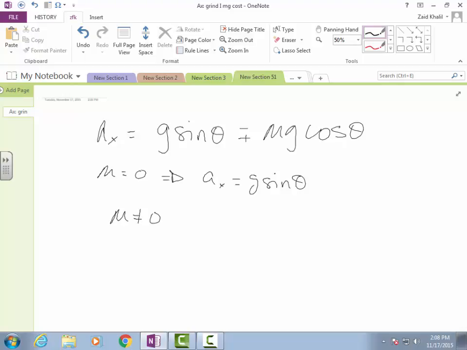Anyone? Take a look. Come on over here. Or if you don't believe this, let me get something that's a little bit more extreme. Yes, this might be a little bit more extreme. At what point would the acceleration